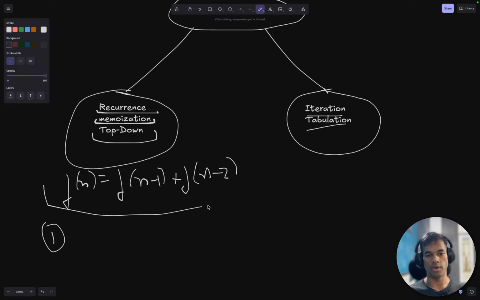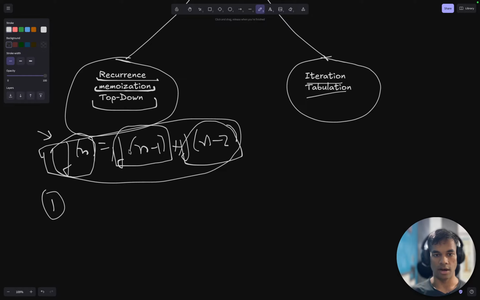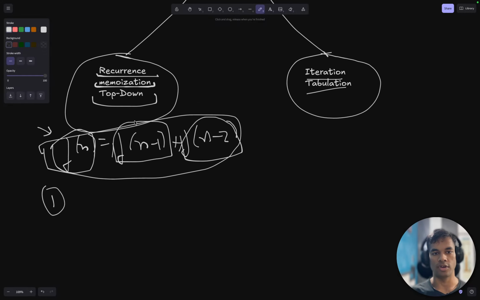This is a top-down approach because you begin with the target of finding this thing, f of n, and you are dividing this problem into smaller subproblems of f of n minus 1 and f of n minus 2. And since there is going to be a lot of similar subproblems in this recursion tree